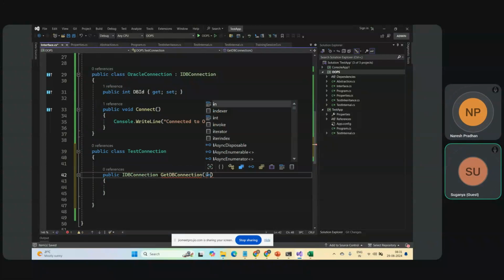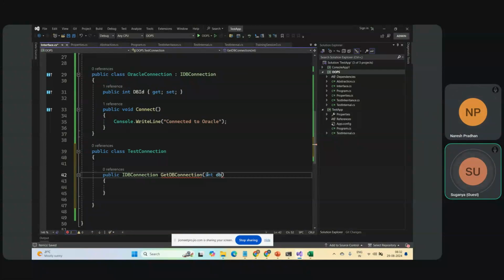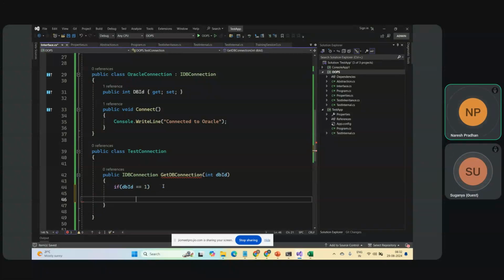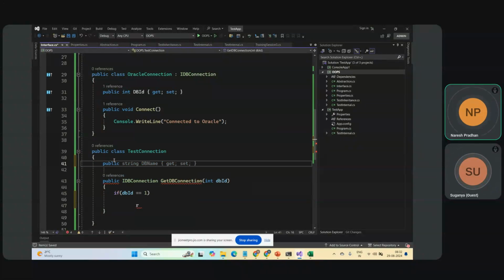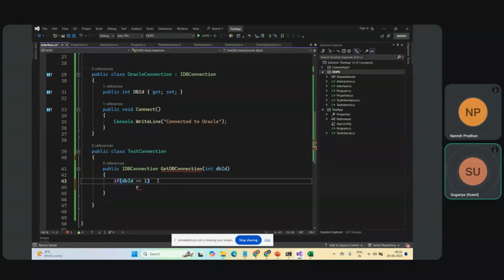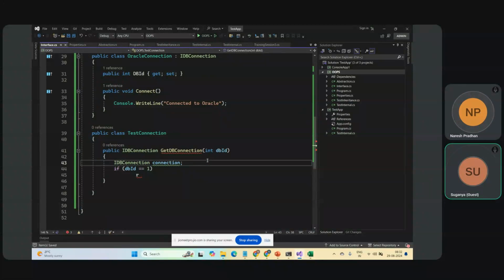And somebody passes the ID, an integer DB. If DB is equal to 1, then okay, I'll declare a property here, IDB connection. Or let's not declare a property. Yeah, IDB connection. So I'll declare a local variable here, IDB connection, connection is equal to null. Okay, I'll just simply initialize IDB connection